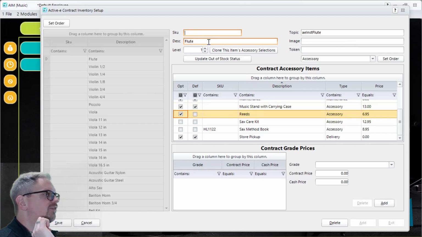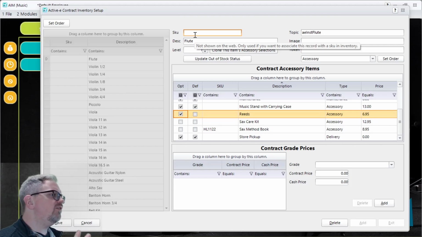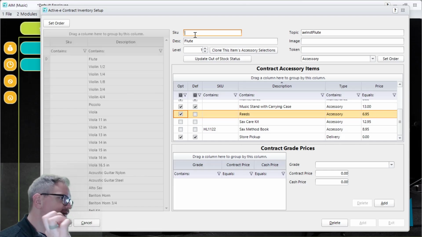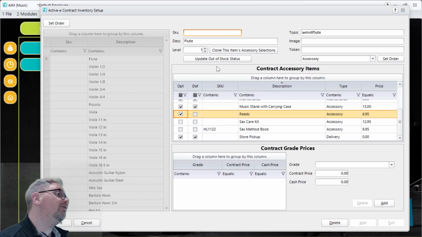Now, I'm going to get back up here at the top where I kind of mentioned the whole SKU field here. If you are renting an instrument, and regardless of what specific model instrument it is, you rent them at the same rate, so maybe you have several different models of flute that you rent at the price point that you would rent them at, you rent your Selmers the same as you rent your Gemeinharts, whatever it might be, leave this blank. If you want to be very specific on your setup and say that we rent Gemeinhart flutes and we rent Yamahas and we rent whatever's,